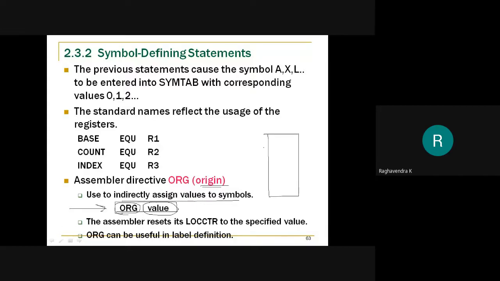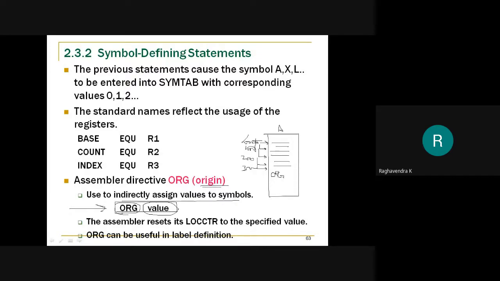So you know that location counter value is used to assign the address, right? Okay, let me assume that this is the program. So program A. So location counter value is assigning the address. So it assigns the value to this, it assigns the value to this, and this. Okay. Now if I use org, and then let me assume that this is some value 1000. Okay, so this is 2000, this is 3000, something like this.